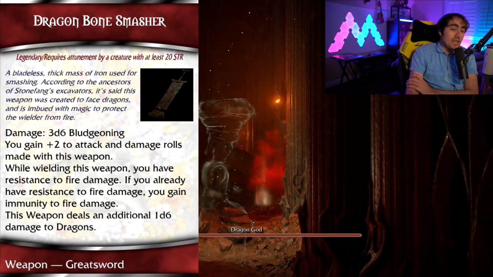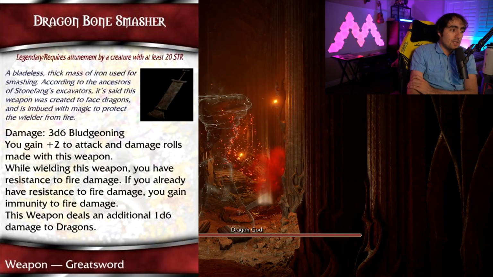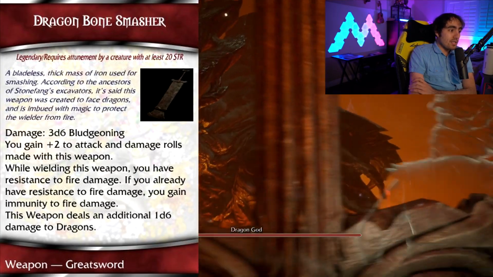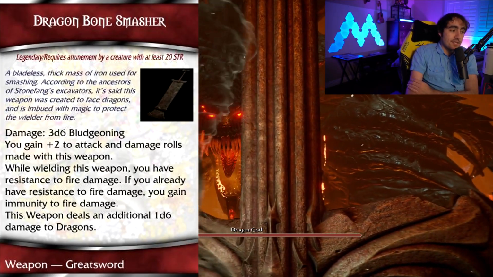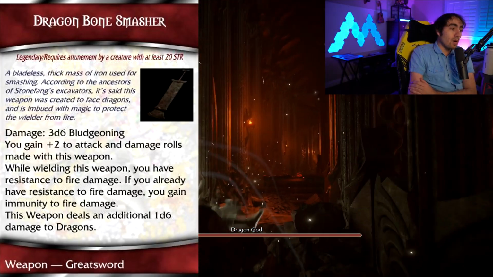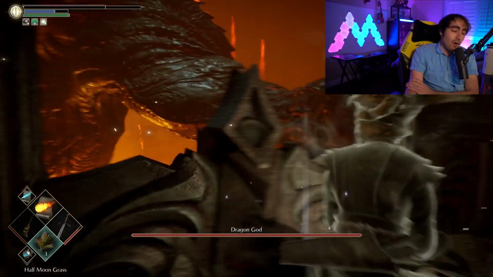The damage is 3d6 bludgeoning, so higher than a typical greatsword. You gain plus 2 to attack and damage rolls made with this weapon. And while wielding this weapon, you have resistance to fire damage. If you already have resistance to fire damage, you gain immunity to fire damage. This weapon deals an additional 1d6 damage to dragons,